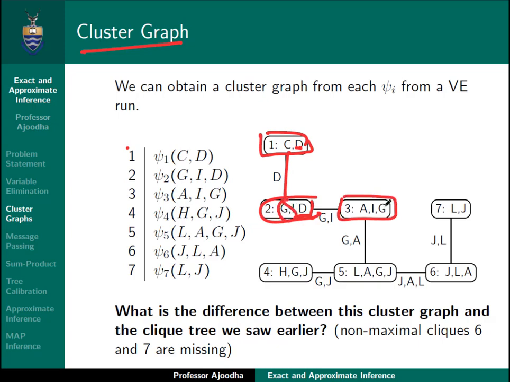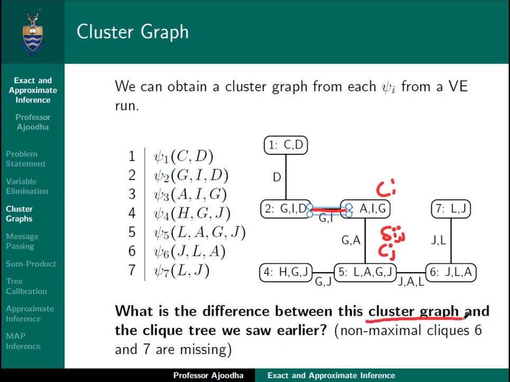Okay, here's the G and the I. So we then make an arrow, and we put a G and an I here. What's in common between these two? So this is my Ci and Cj. What's in common gives me the subset of Ci and Cj. Okay, so what is the difference between the cluster graph that I'm showing you now and the clique tree that